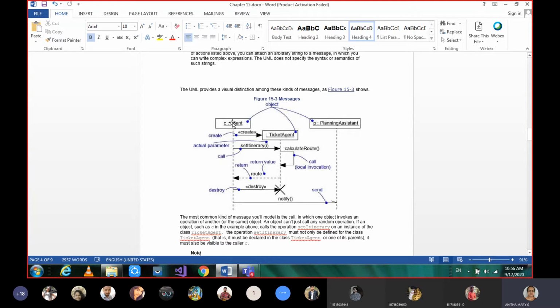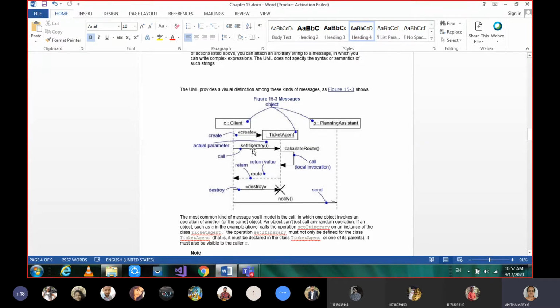The client means the user. When you want to travel and book a ticket, what you have to do is create ticket agent. Create ticket agent means you give your details and create an instance of the ticket agent, saying that you want the ticket to be booked.